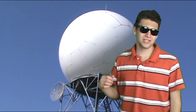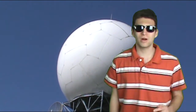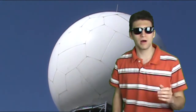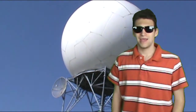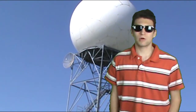Behind me is the dual polarization radar. It's the new install that came in this October. We'll get into much more detail on what it means and what it does, but basically this whole video is about how the National Weather Service helps the public stay informed for severe weather, or really any kind of weather in general. How they educate storm spotters is one of our segments that we're going to be having in this